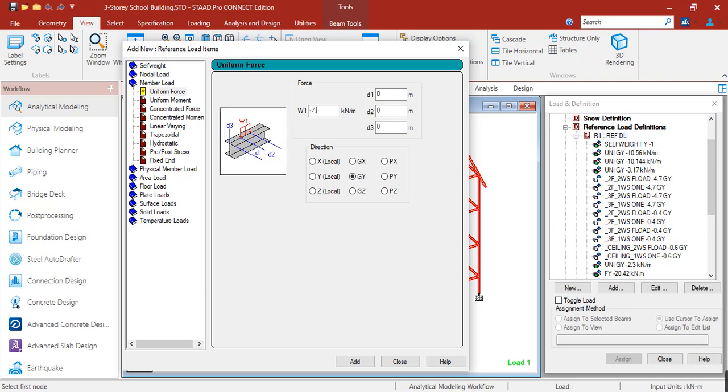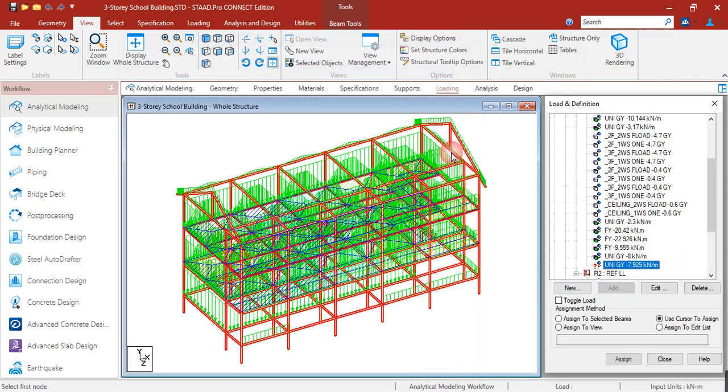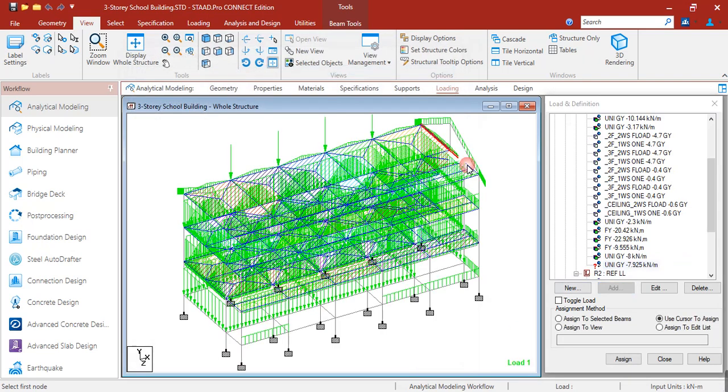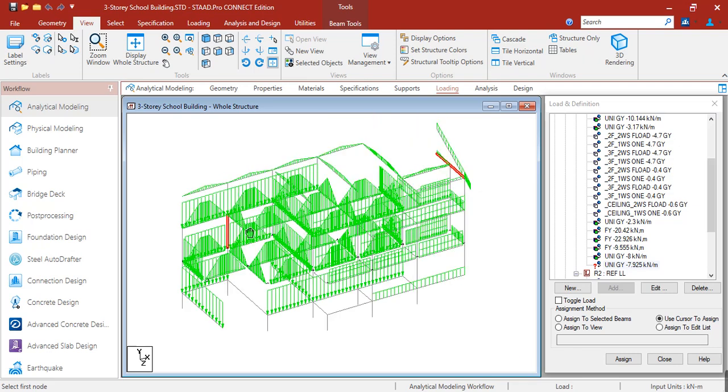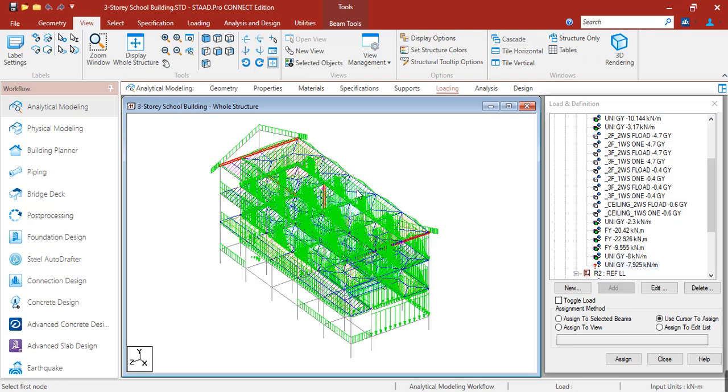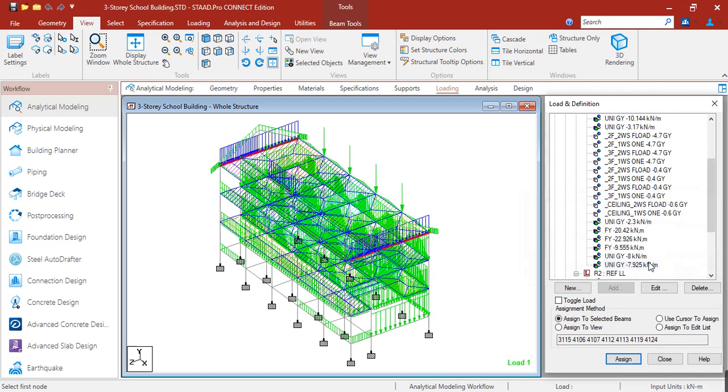Negative 7.925. Okay, click add. Then apply it to these beams. Okay, so be careful not to select any unrelated beams. So once highlighted, click assign to selected beams, then click assign.